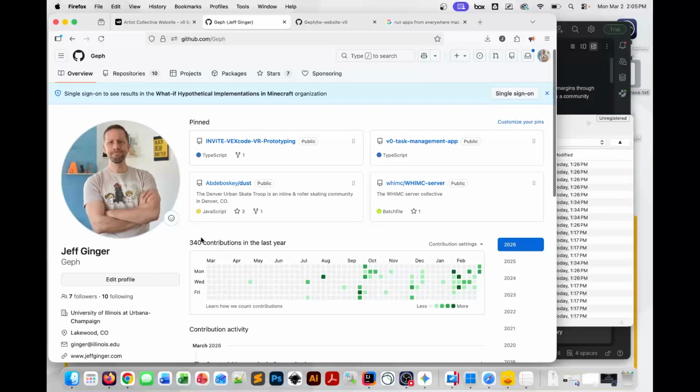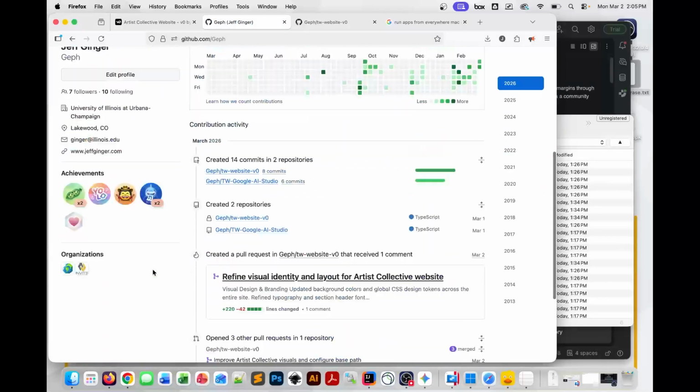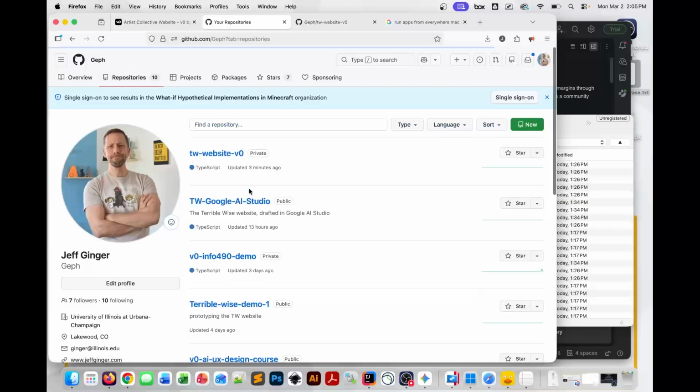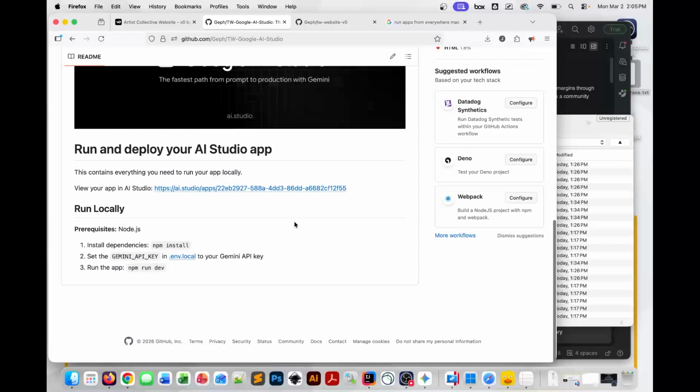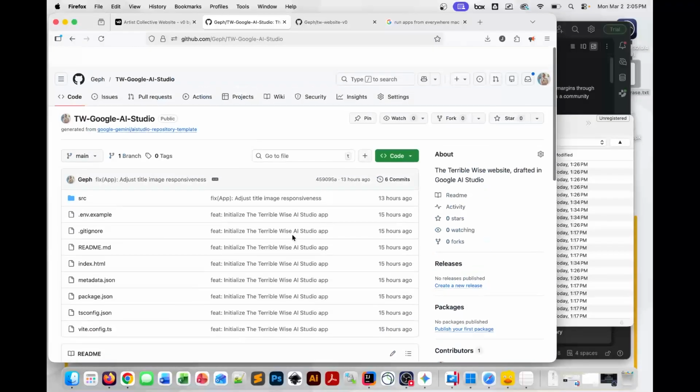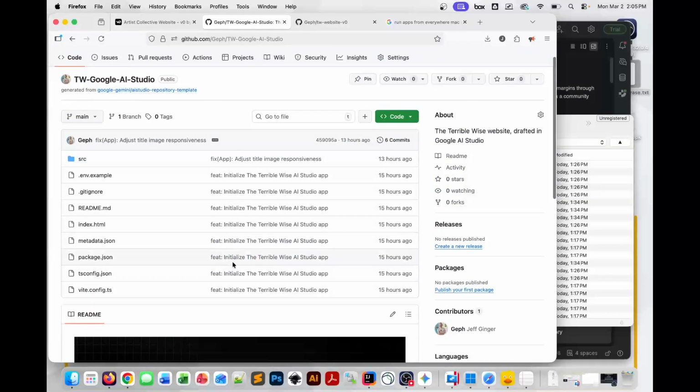Let's go. Can I see all my things? Projects, repositories. Here we go. This one, I built this with Google AI Studio literally yesterday. Anyway, this is different. So this was built with Vite, or however you say it. Google AI Studio might default to different things. Lots of these programs may do different things. So when I built the app, I noticed that there's no next.config file. How do I tell it what subdirectory? It was just uploading a blank page. Well, in this case, I go to the